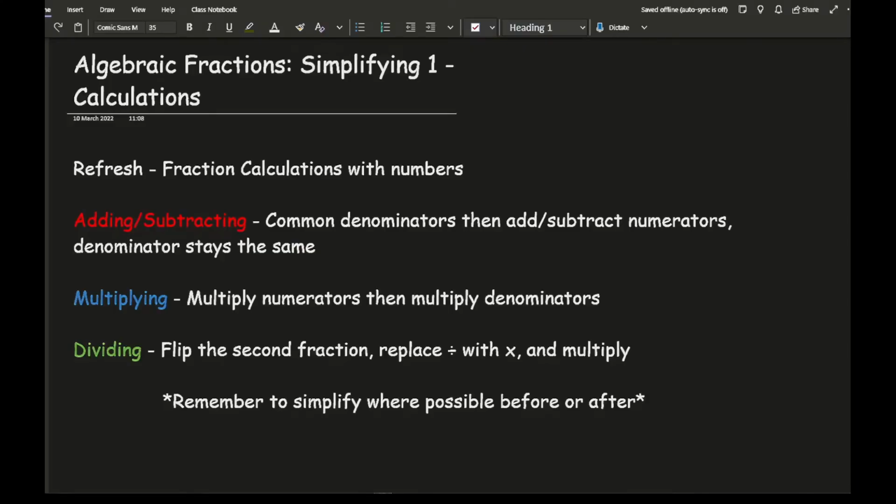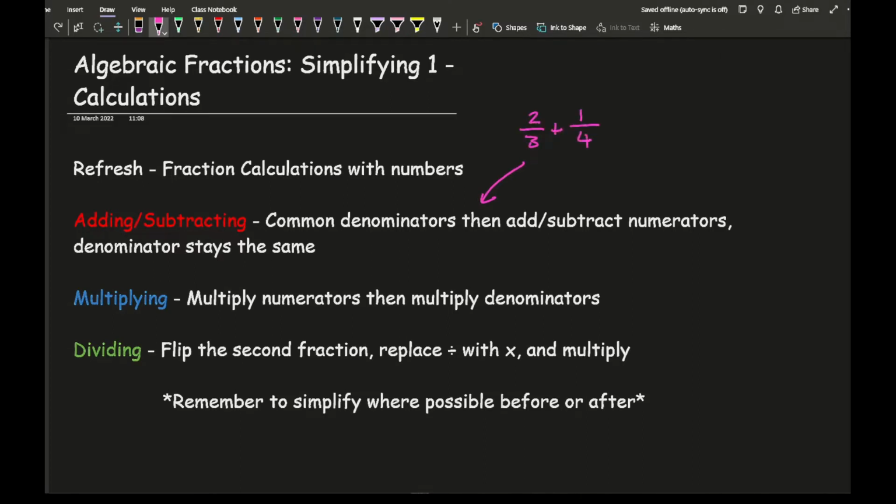Now, before we get started, it's really important that we go over the general concepts of doing calculations with numerical fractions, because this approach is exactly the same as how you should approach algebraic fractions. So just as a quick refresher, if we look at adding and subtracting, your main objective is to try and get the denominators the same, and then you either add or subtract the numerators and the denominator stays the same. So for example, if I had 2 over 3 plus 1 over 4,